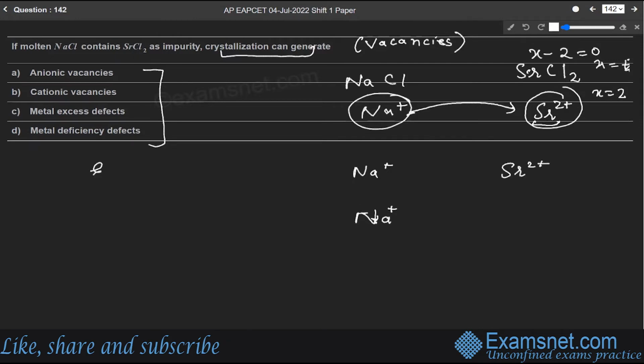So write this: each Sr2 positive replaces 2Na positive ions. Because you see there are two positive charges, to balance it you need exactly 2Na. So Sr2 positive